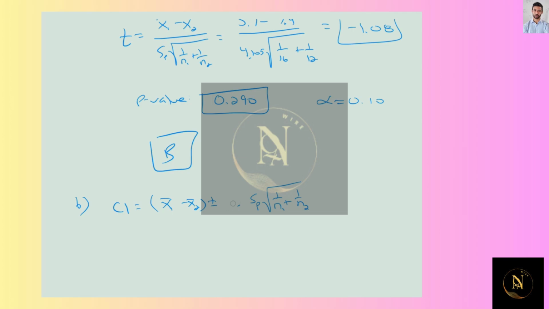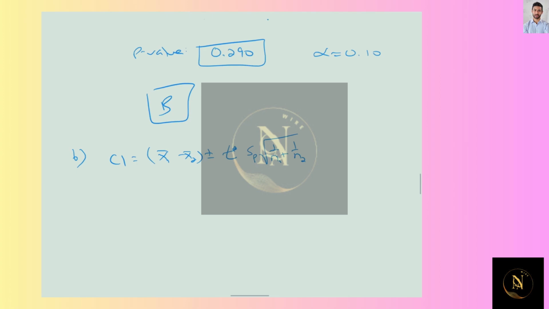I actually think with the sample sizes, no, we should probably use the critical t of small sample size. We don't know the population standard deviation, so the critical t